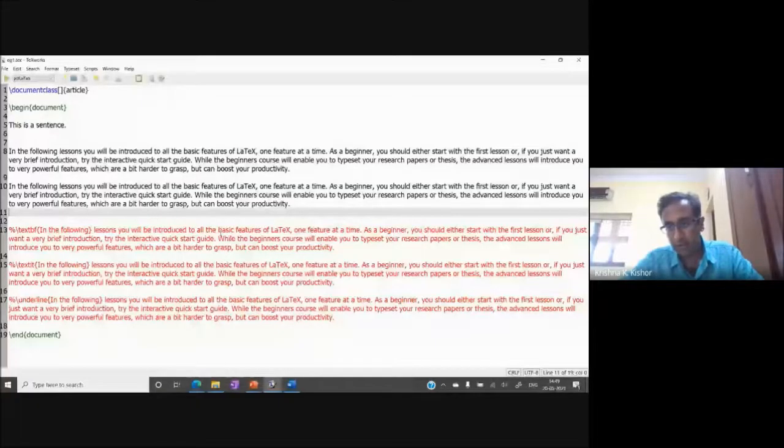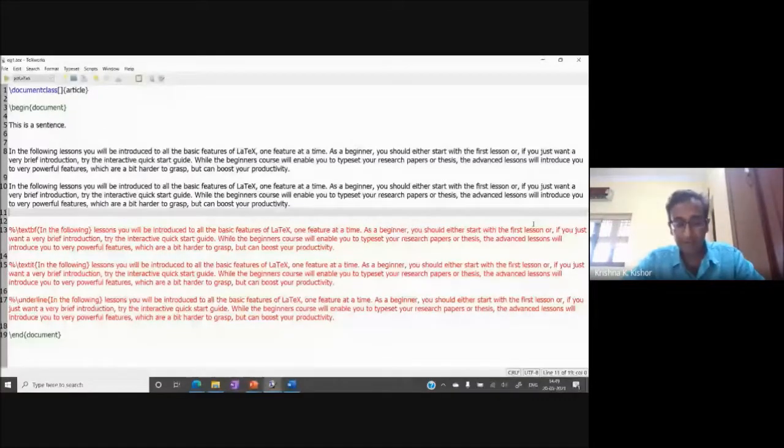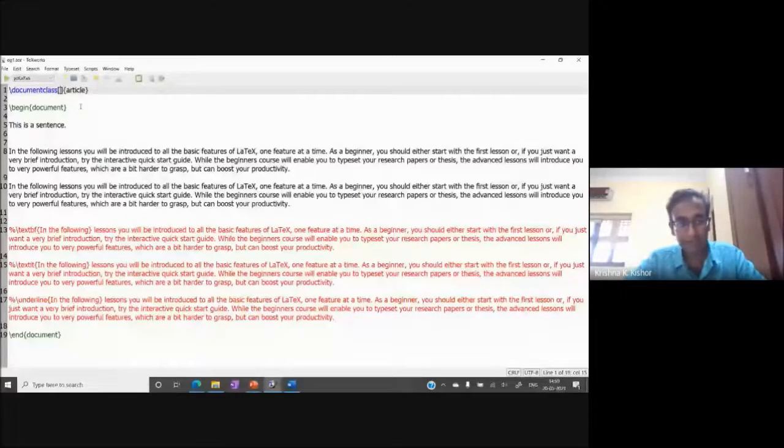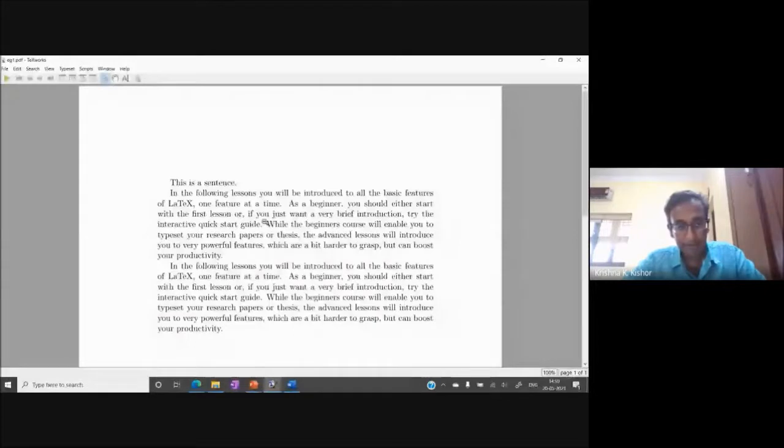And let's try changing the font size to 12 point. I think the default one is 10. If we have left it empty over here, the default one, if I'm correct, is 10. I'm going to increase the font size. I find that the font size is very small over here. I want to increase it. So what I do is I change this to 12 point in the options. Remember over here the options part? I can change it to 12 point, and again I compile. So you see that the letters got bigger. So the font size has increased. Make sense?